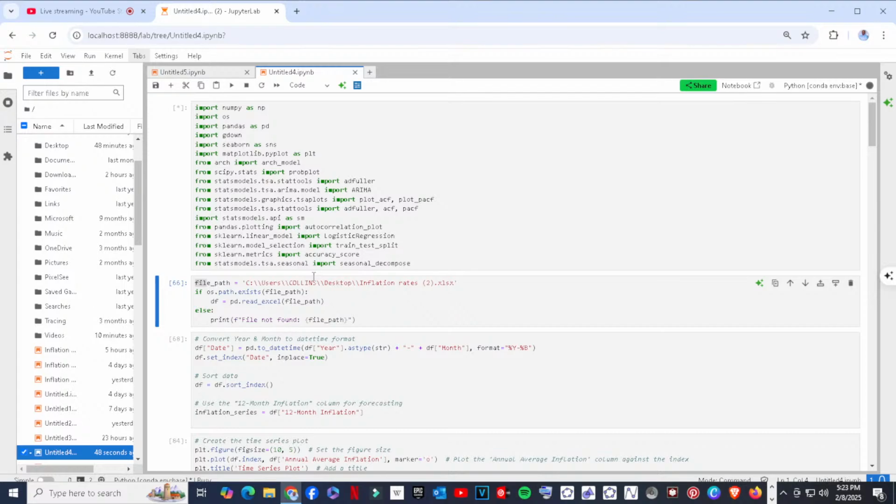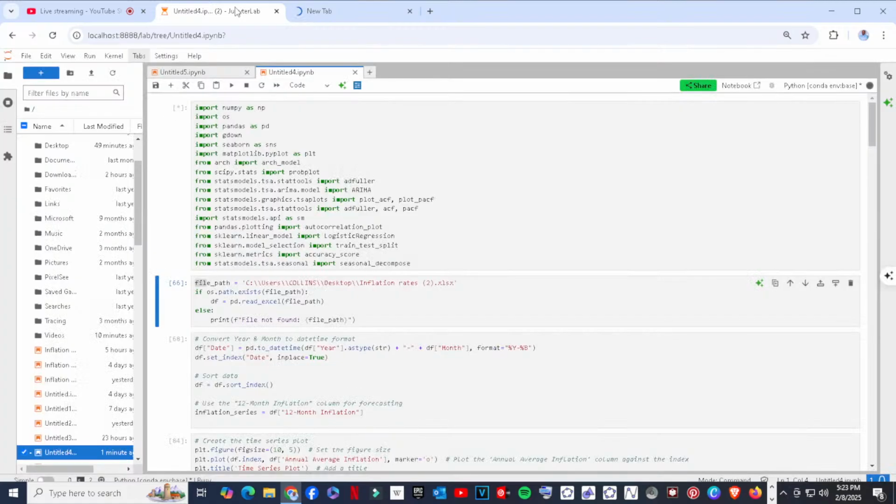Now, majorly what we see in this data set is the average volatility. We are going to consider what we refer to as the 12-month inflation rate, and that's what we are going to use to forecast, to predict.